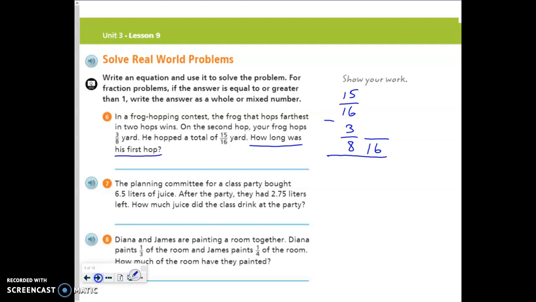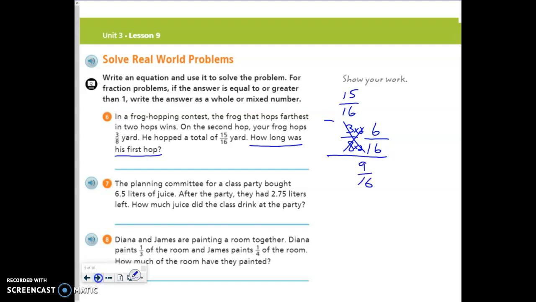So how did I get from 8 to 16? Well, I multiply by 2, and remember when we change the denominator, we must also change the numerator. So this is that extra step that we didn't really talk about in the first video. We were just focusing on making that least common denominator, but now when we're making the equivalent fraction, we have to make sure that we do the same thing to the top of the fraction as we did to the bottom. So if I multiplied by 2 on the bottom, I have to multiply by 2 on the top. So my actual problem then, if I'm replacing this original fraction with the equivalent sixteenth, is 15/16 minus 6/16, which should get me to an answer of 9/16